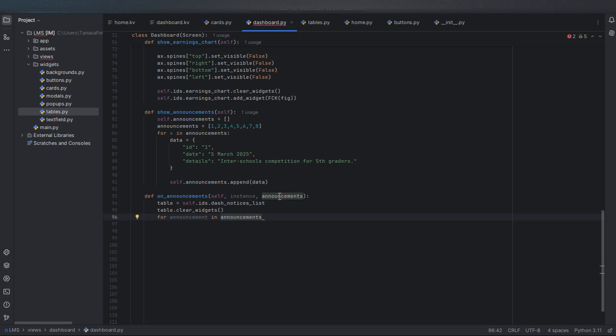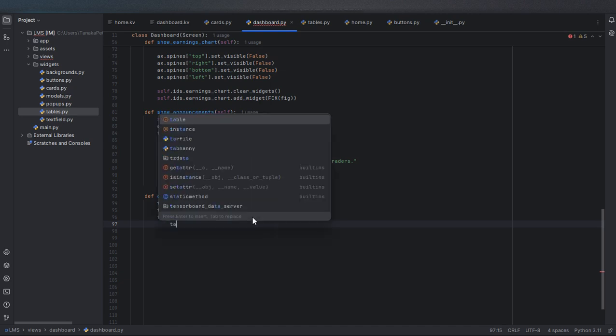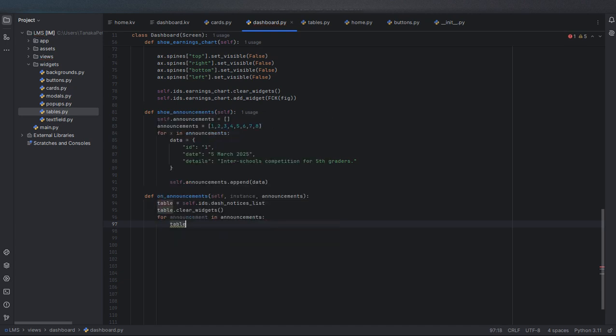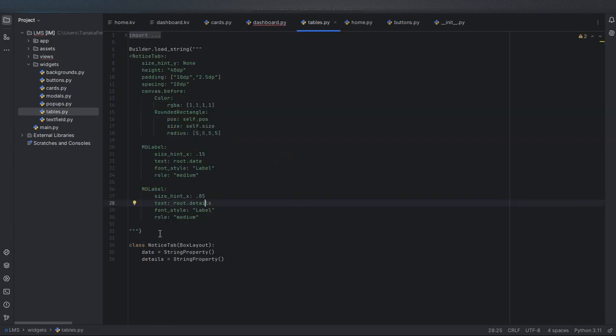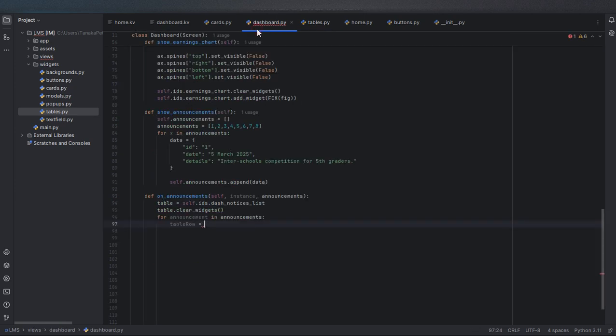So for each announcement in this announcement, we're gonna say table row is going to be, so what did we name our, let's go back to tables.py. So we named it notice tab, like this. So when I paste it here,